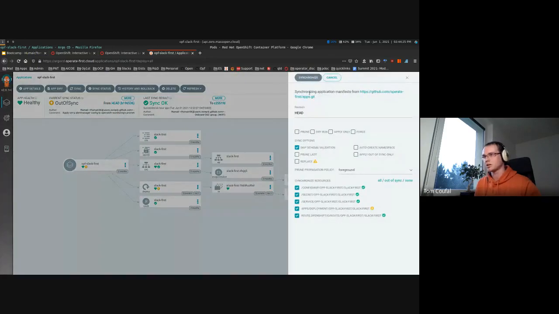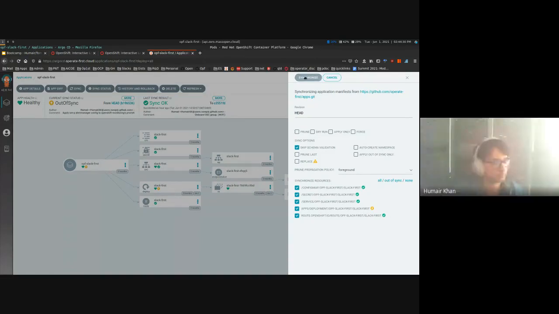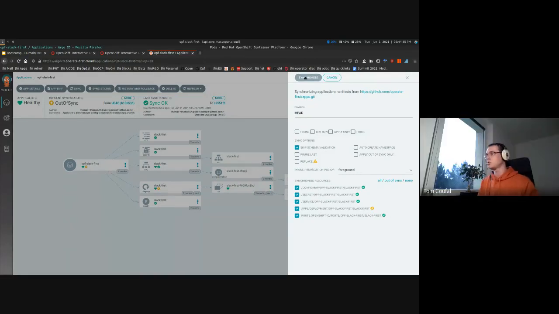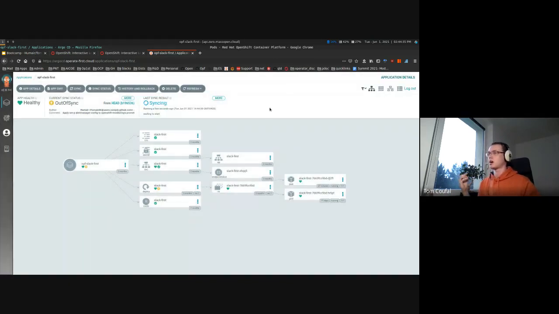So what we can do now, we can do sync manually because we have disabled it. So we have a sync button here. We can see which kind of resources are out of sync, which are not, and we can make Argo CD do the OC apply for us. And again, if we have auto sync enabled, our Argo CD will come and do it anytime it observes any changes in the environment. So right now it's syncing,